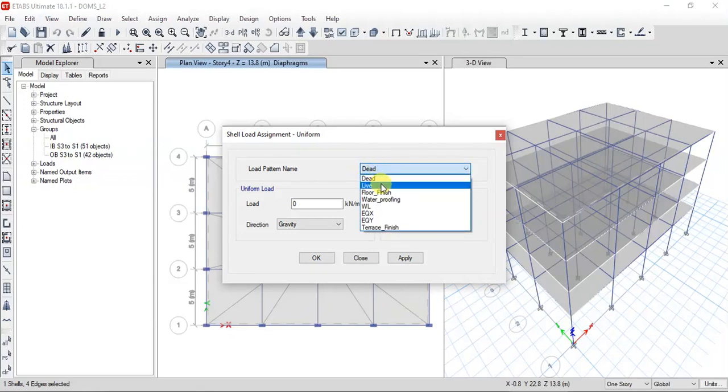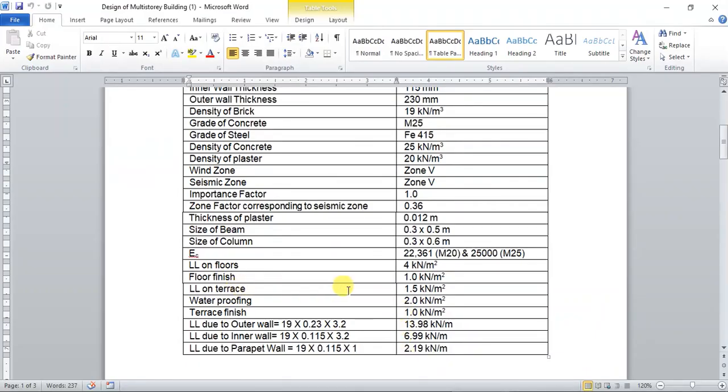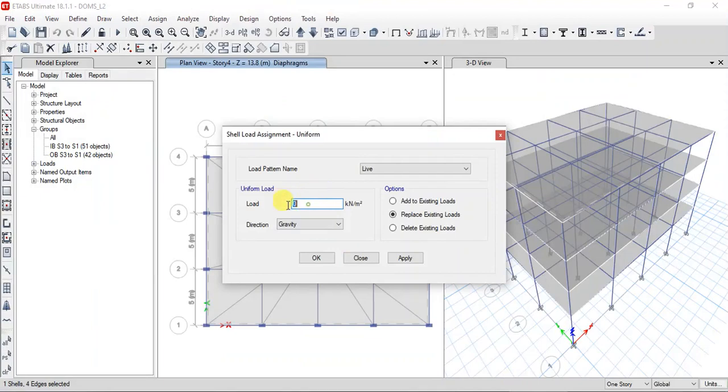We have a live load acting on the terrace, which is 1.5 kilonewton per meter square. So let us apply that 1.5 kilonewton per meter square, and by default it will be in gravity, but you can apply in all the directions, which is you have this global x y z axis, and the local x y z is nothing but for each joint you will be having coordinates, so that axis is called the local axis.